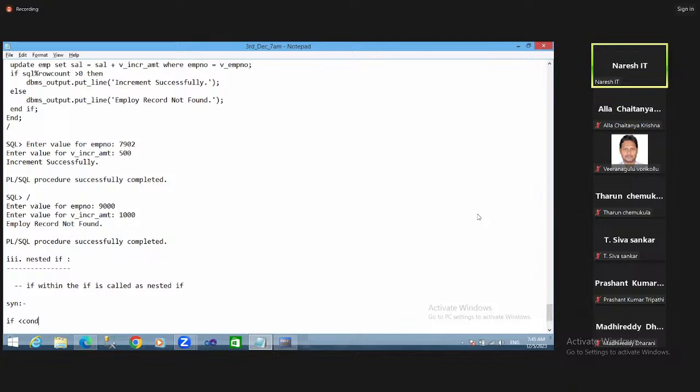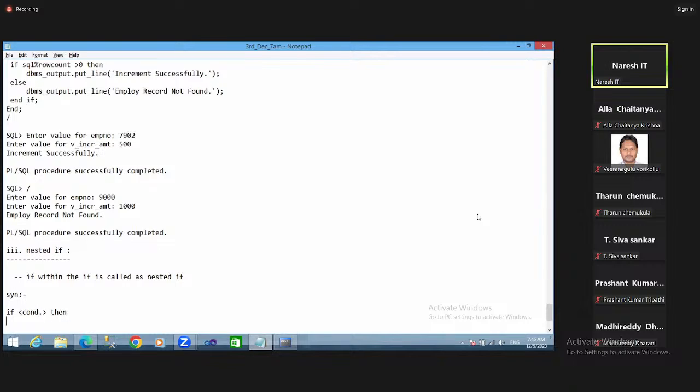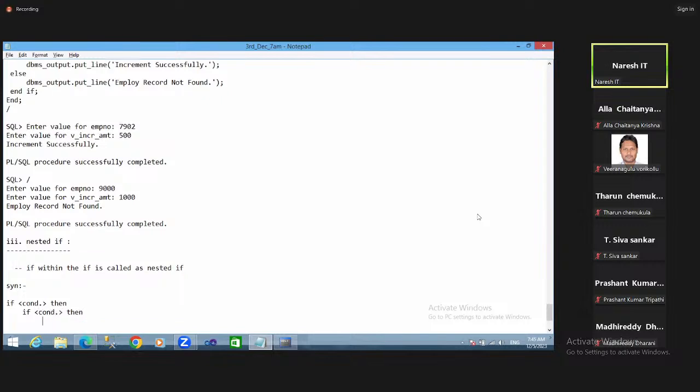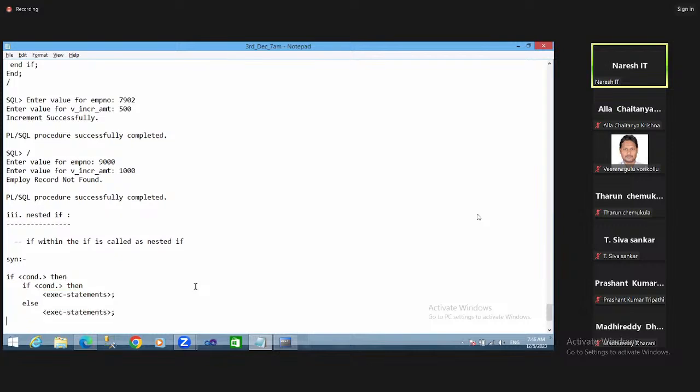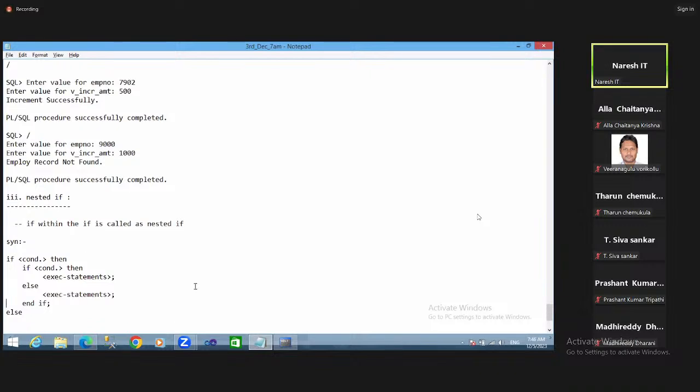If condition, then I check another condition again, then execute the statements. Else, execute statements. Else,